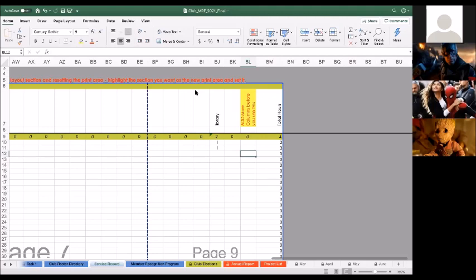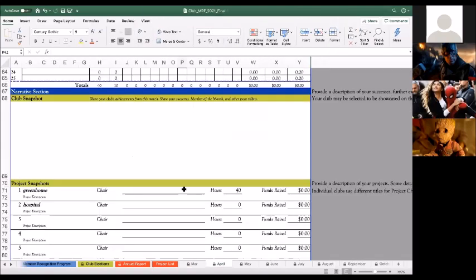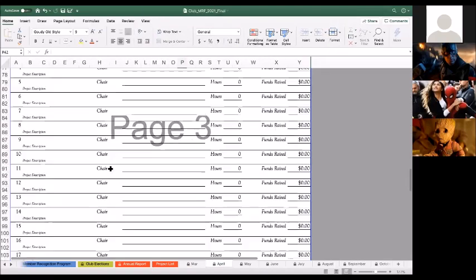Yeah, really. And do we copy all the members except for the seniors and paste it to the club roster? Yes. Do that. If there are more than 25 projects, which there probably won't be, how do you add more? In the monthly tabs, I'm guessing you're talking about the monthly tabs.